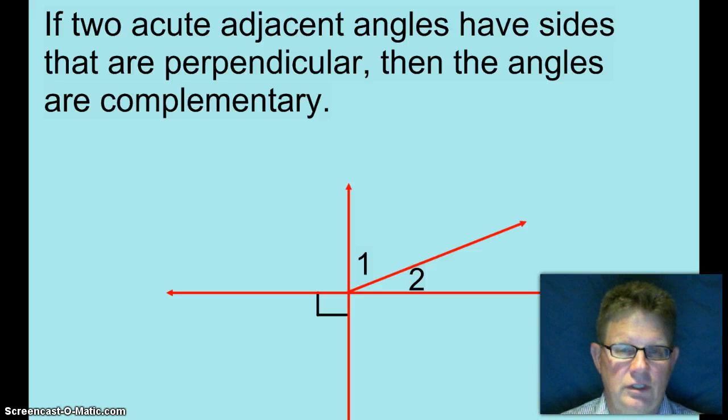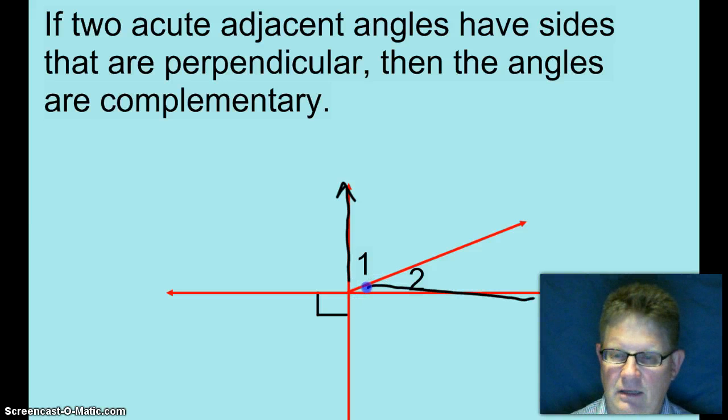If two acute adjacent angles have sides that are perpendicular, so we've got a right angle symbol here, that means that these two lines are perpendicular to each other. And you have the side of angle 1 right here and the side of angle 2 right here. They're perpendicular to each other because vertical angles are congruent. So if you have two adjacent angles whose sides are perpendicular,